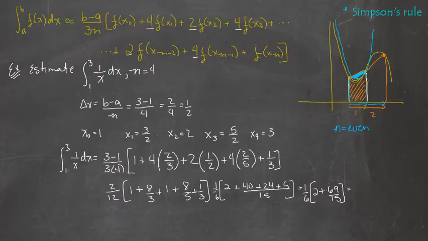So 69 divides by 3, leaving 23, and 15 divides by 3, leaving a 5. So I have 1/6. All right, I'm not going to be able to get rid of that denominator, but I do have just a 5 in this denominator, so finding a common denominator inside means 5 times 2 is 10 plus 23 over 5, which equals